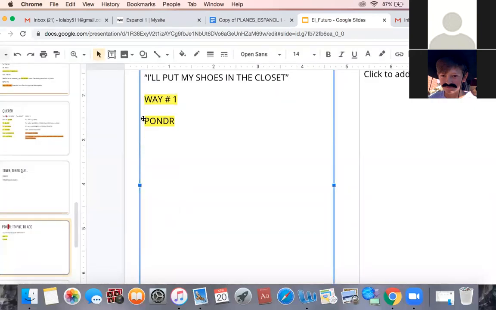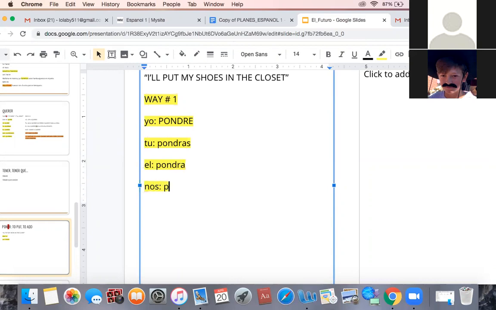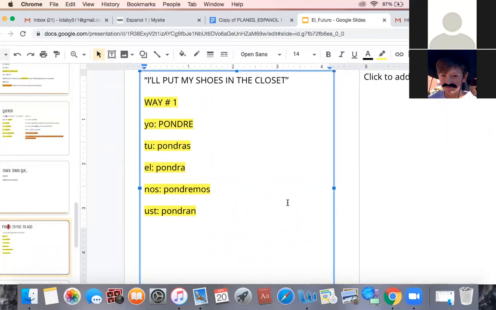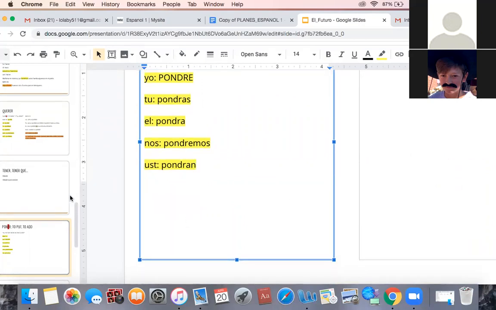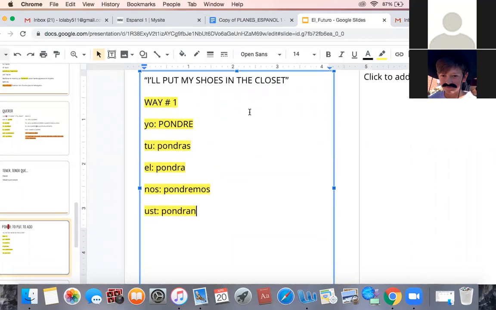So how do you conjugate it? In future tense, same way: pondré, tú pondrás, él pondrá, nosotros pondremos, ustedes pondrán. And unlike the other ones, I've definitely heard people use this way. But again, this one's also predominant. So both ways are useful. Unlike querer, where most people don't say yo querré, right? That's sort of a weird way to say stuff. But this one people use it.